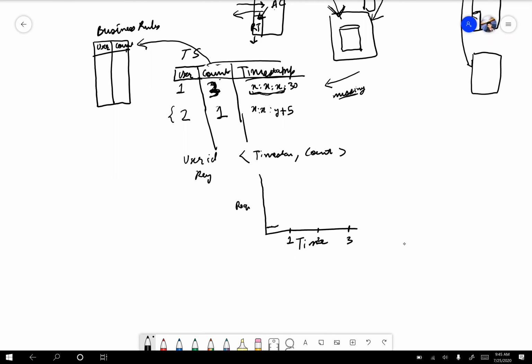particular second, I'm storing it here, and I'm checking. And when this second has passed, I am resetting and saying that now the value is 0. Now you start calculating from this point. The problem that could happen is that a user could have multiple requests at the end of this second, and at the beginning of the next second it could have a lot of requests. Within that 1 second, I have actually breached the threshold. But because I'm resetting after every second, I won't see this breach, and I will say that the